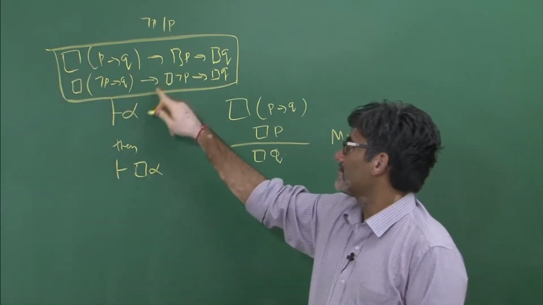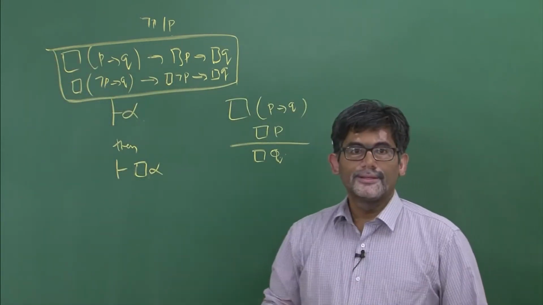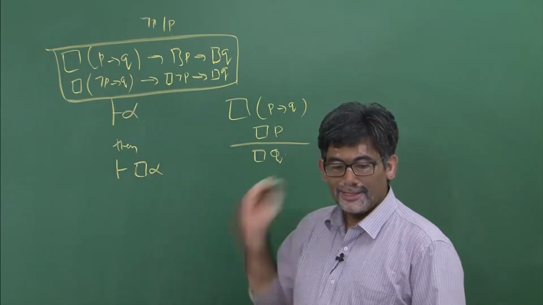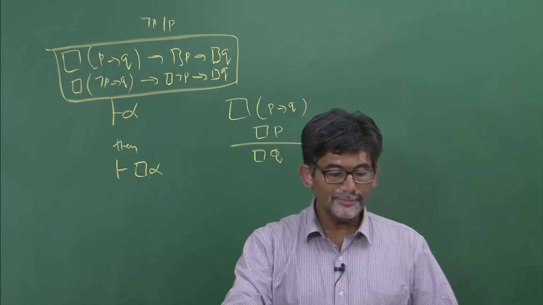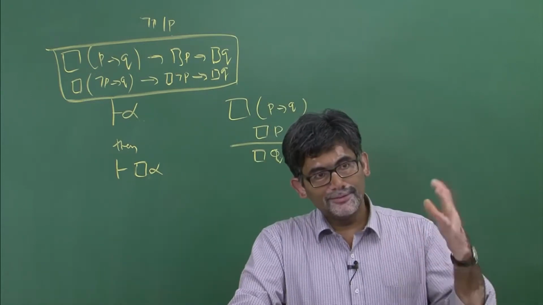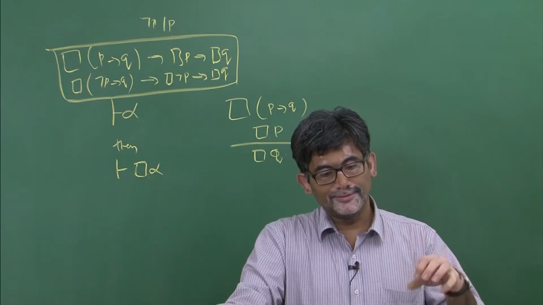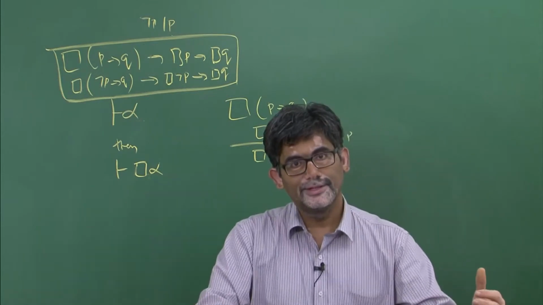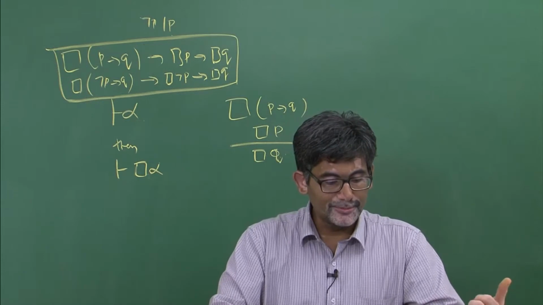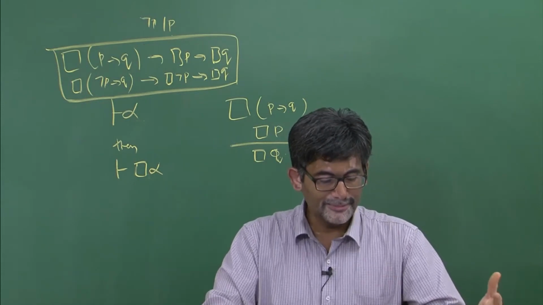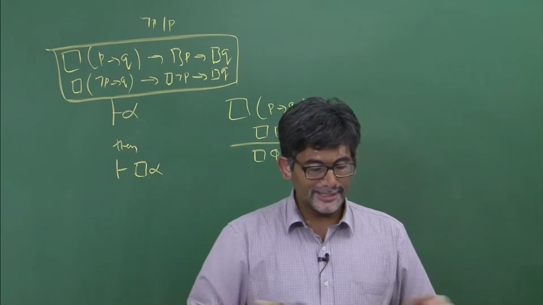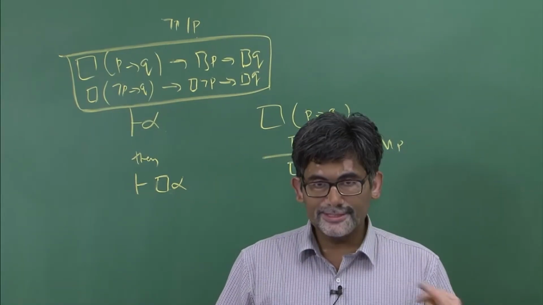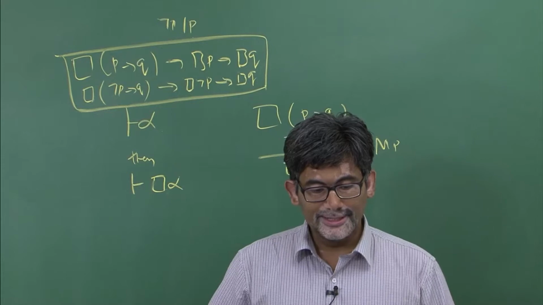So, this is a uniform substitution of this one. The only thing is that we have replaced P with not P uniformly in this formula. Any given formula, if you substitute for any propositional variable any other kind of variable, is said to be a uniform substitution. And we have a necessitation rule which we have already discussed, and we have the modus ponens rule. This is K. K is a system that includes all these things.